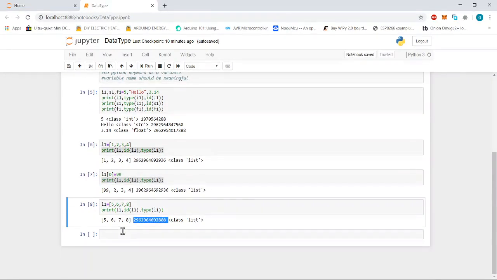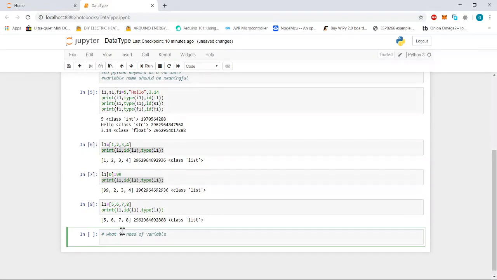Now the next question: what is the need of a variable? Whenever we write a program for computers, we can go with two types of programming approach, static and dynamic. In the static approach, the entire program is static, meaning all the values and the way the program is executed are fixed. In dynamic programming, we get input from the user and then process the data based on the user input.